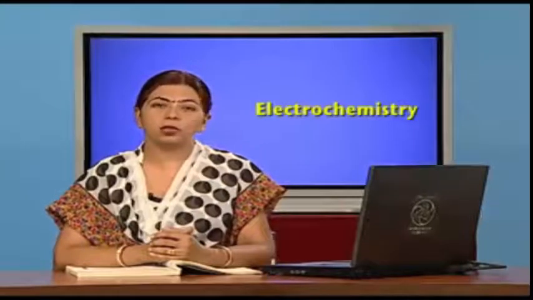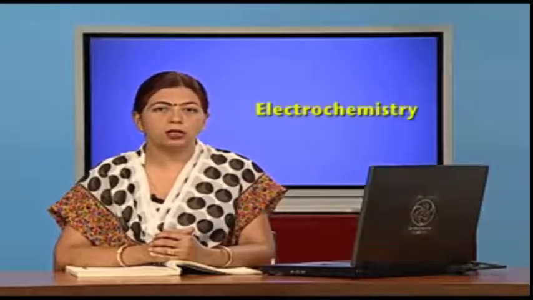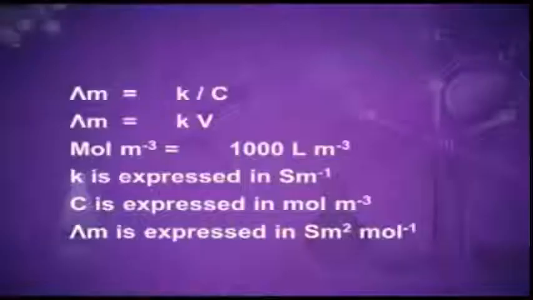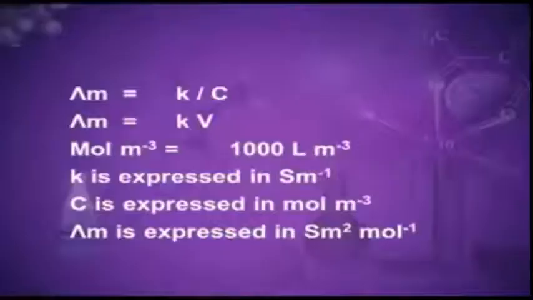The symbol for the molar conductivity is lambda with subscript small m. Mathematically, lambda m or the molar conductance is related to kappa, that is conductivity, as per equation 1. Lambda m is equal to kappa upon C, where C is the concentration, which is expressed in moles per liter. Lambda m is also equal to the product of conductivity and volume. Kappa is conductivity and capital V is volume.